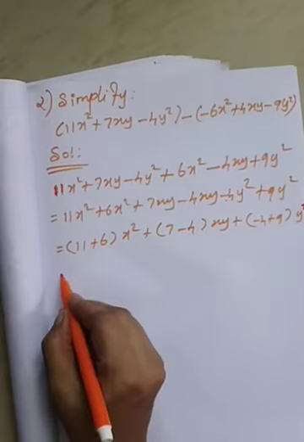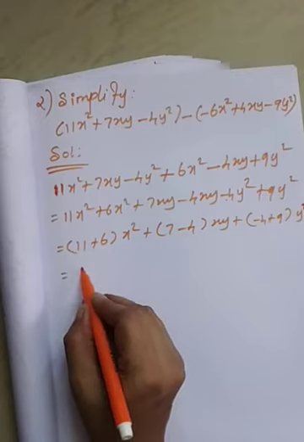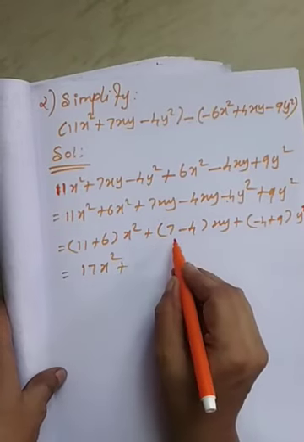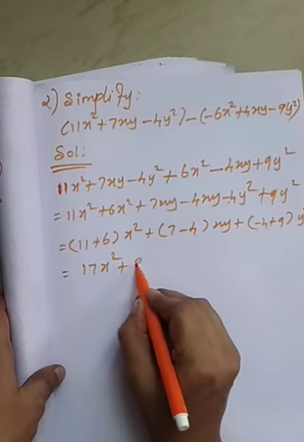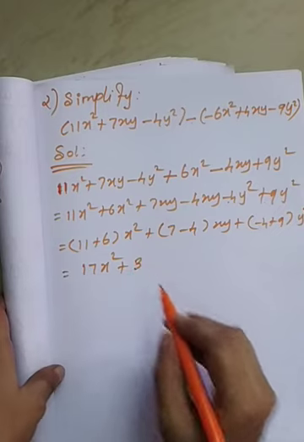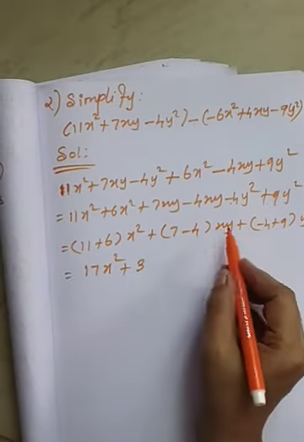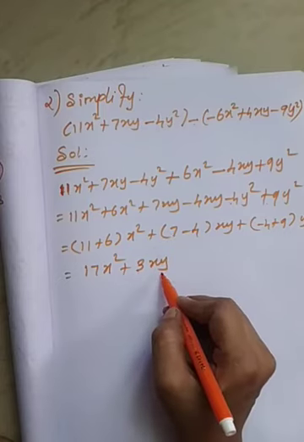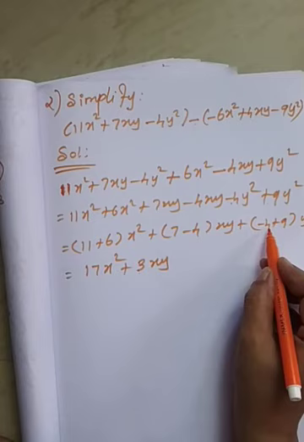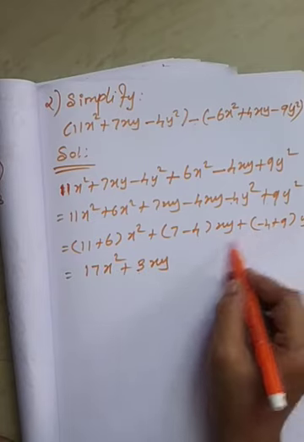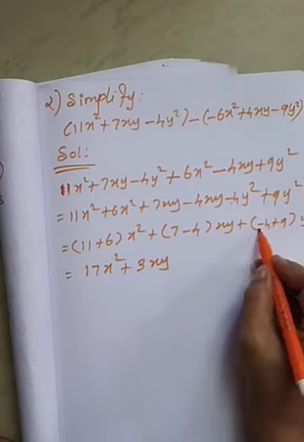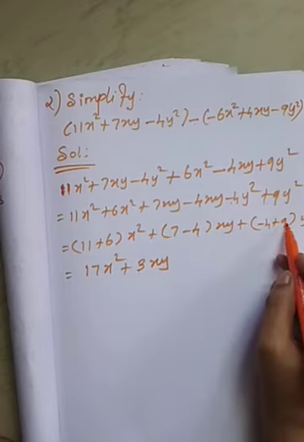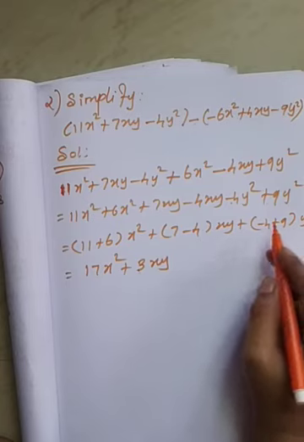Now simplifying in this one, see what is 11 plus 6? 17 x squared. Okay, right. What is 7 minus 4? 3. Write this xy. 7 minus 4, 3. Okay, next see here which sign you have to put. Different sign is here. Here also the different sign, but everybody knows 7 minus 4, 3. Here also the same. 9 minus 4. What is 9 minus 4?